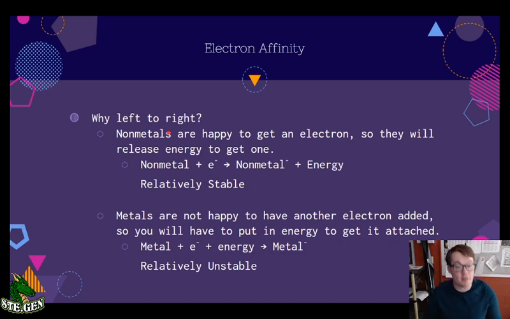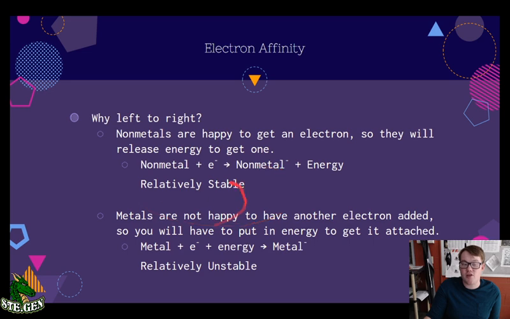electron to stay put, to actually be on there. And for electron affinity, all we are counting on, all we're looking for is the energy on the other side of the reaction. So nonmetals will release a whole bunch of energy, so you'll get a positive amount of energy out of it. Metals, though, you're going to have to put in energy, so you're actually going to lose energy. So their numbers will be so low because they're in the negatives for it. You actually have to put in energy to get stuff out of it.